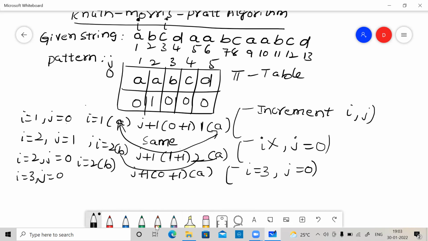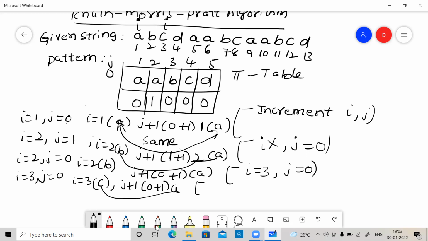At i equal to 3, you have C. Now what you have to do here is j plus 1, which is 0 plus 1, at index 1, you have A. So again a mismatch. j was pointing to this, j equal to 0, and 0 plus 1 is 1, which gives A. So this A and C,